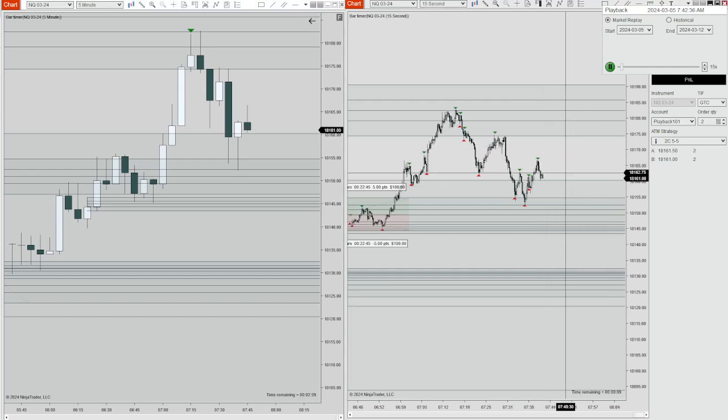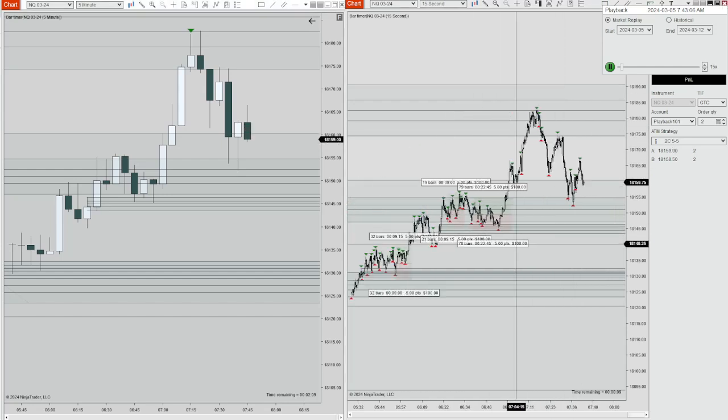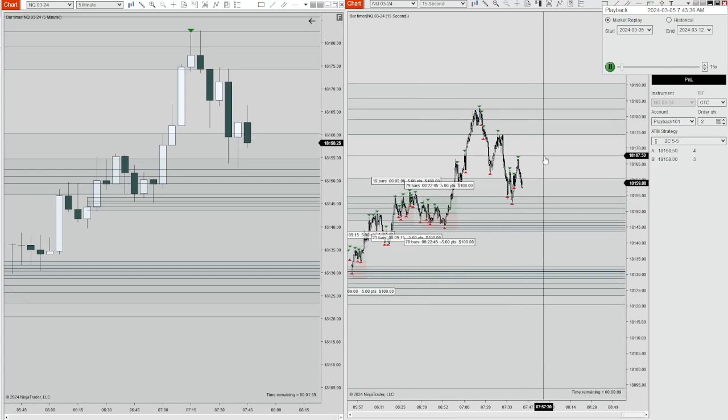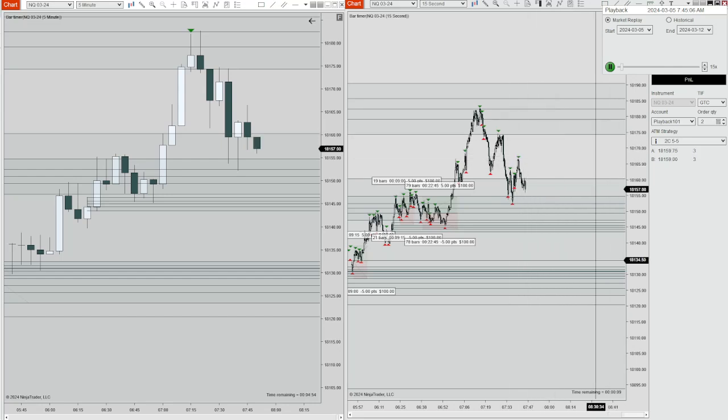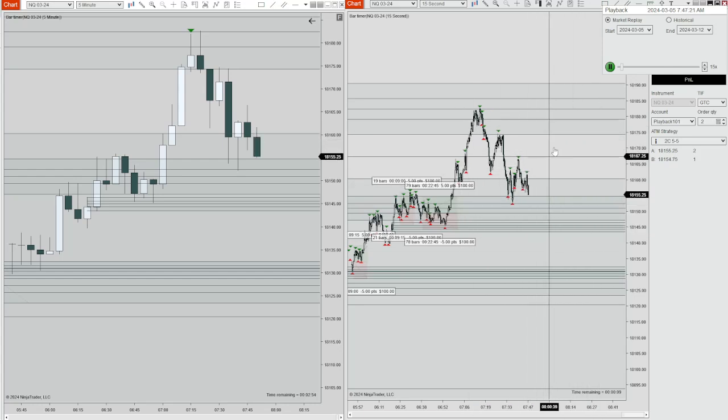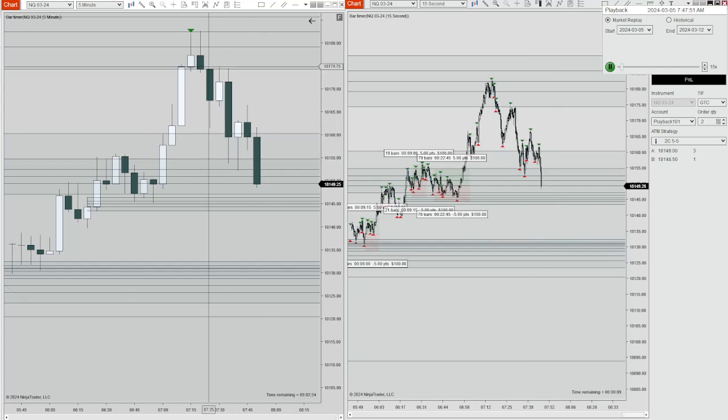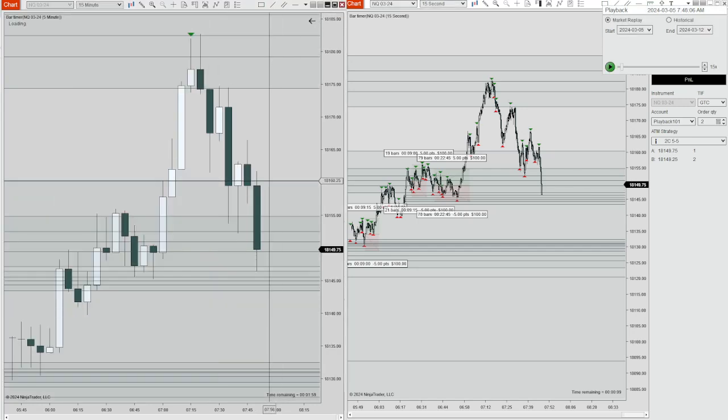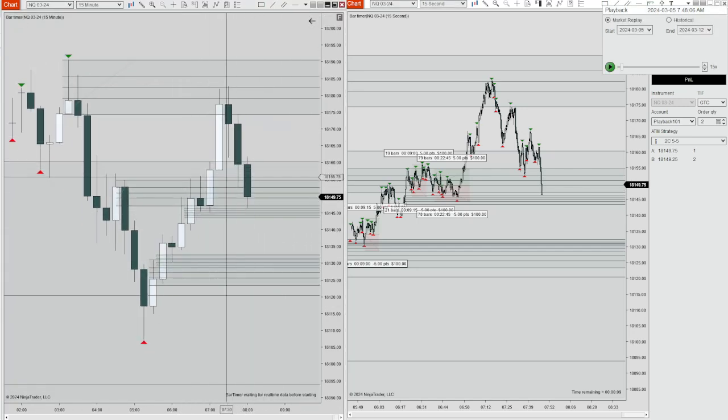Right, so now we're not sure what's happening, right? This is what we consider the middle of the range, where you don't want to get involved, because you don't know if price is going to go up or down, and you're basically gambling, betting on one side without knowing for sure, right? But we have a 5 minute valid high, and a 15-minute valid high is potentially about to create, has not